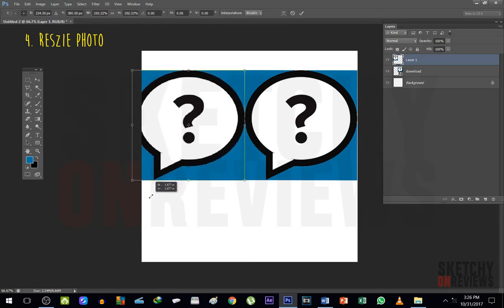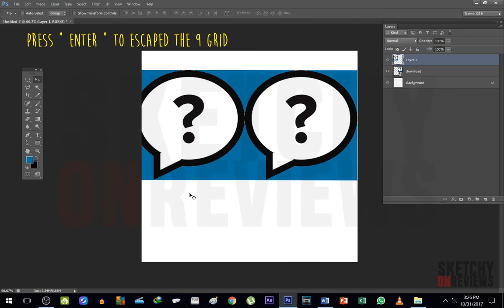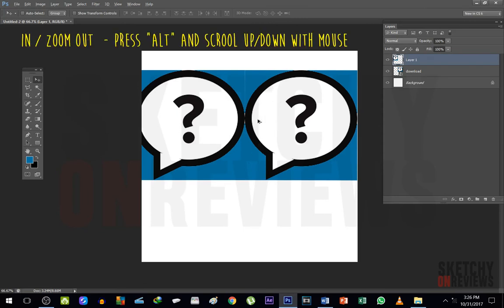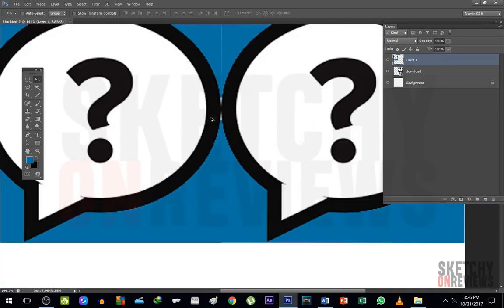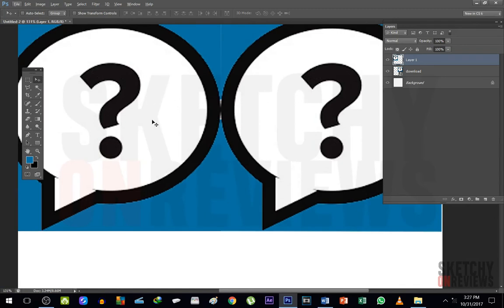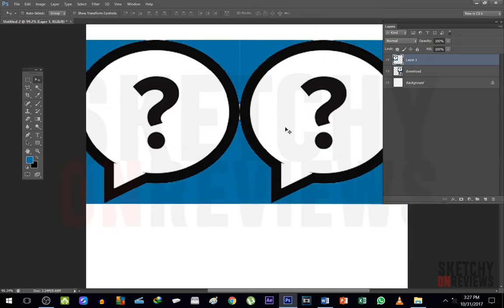So yeah, you go like so with the same size on the right side. Then you press Enter to escape the 9 grid. After you press Enter, everything is like no one touched the photo. It's just like so. Now let us zoom in by pressing Alt and scrolling in with our mouse. You can see the quality difference between the right and the left. What I can see here is that the left is more white compared to the right side, because the right side has a photo that was taken from desktop to the canvas, but the left side is properly transferred from